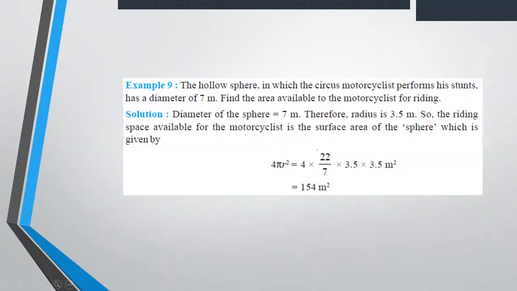Ma'am, it was me, Abhiraj. Abhiraj, yes, what is it? I cleared my doubt that time. I got confused between TSA and CSA. I thought that was something else. Are you clear now, Abhiraj? Please don't keep any bit of doubt in your mind, okay? TSA is total surface area and CSA is curved surface area. Yes, CSA is curved surface area and TSA, T for tiger, TSA is total surface area, okay?